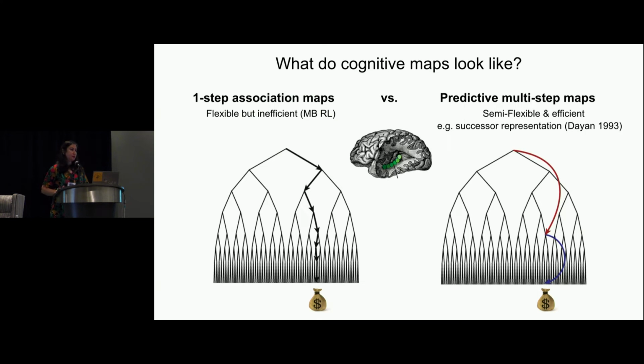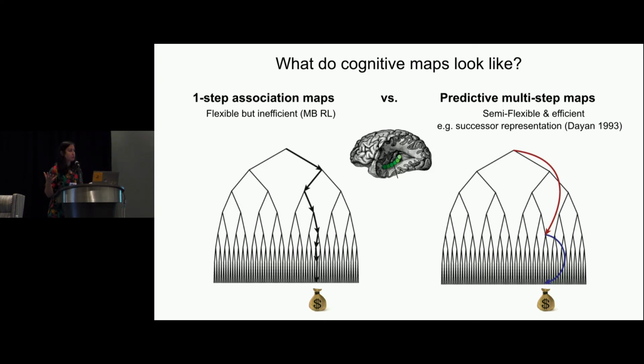Now, what they didn't talk about was, what do these cognitive maps actually look like? Are we storing one-step things in our maps, and then at the moment of decision, we, and the rodents, just stand there and one step at a time unroll everything and compute everything? While this approach is very flexible, and this is the approach in model-based reinforcement learning, it is extremely inefficient, especially if a lion is coming to eat you or if a bus is going to hit you. You don't want to stand there and compute things until you get hit by a bus. You definitely want to be a little faster in reacting.